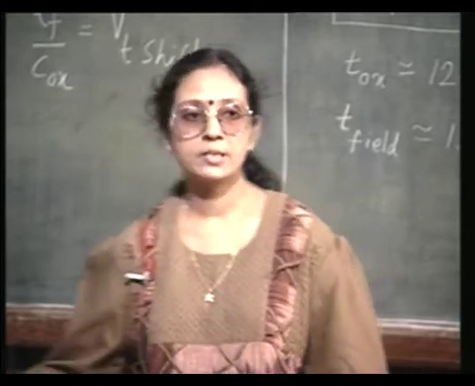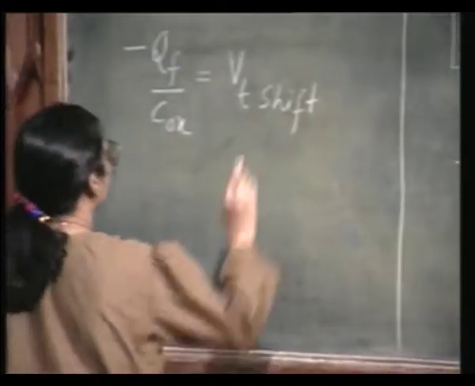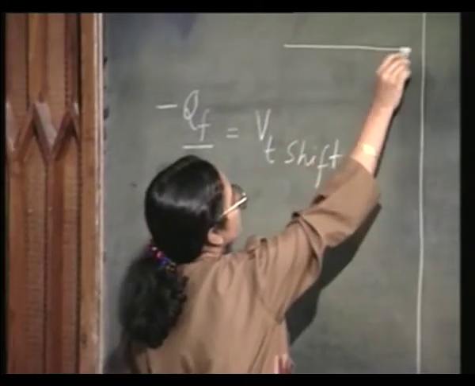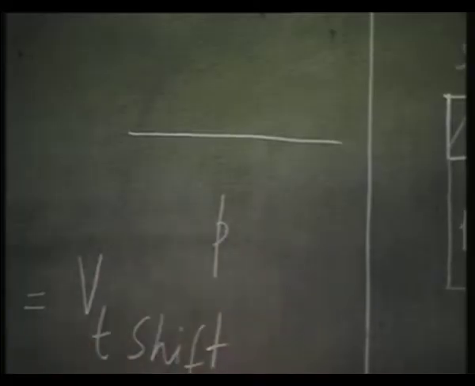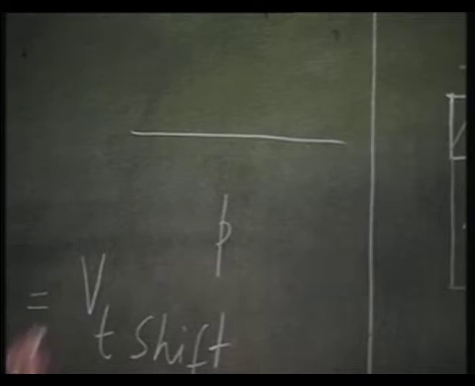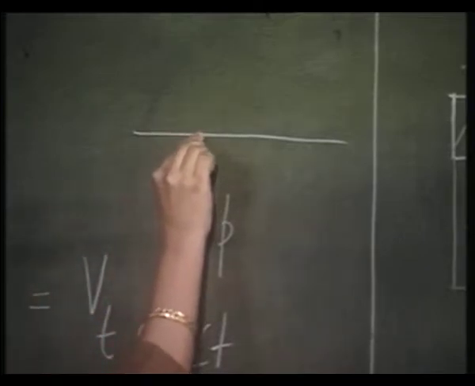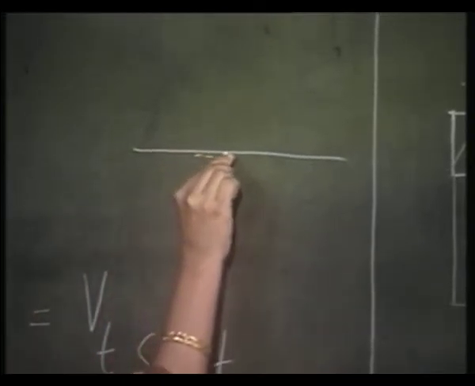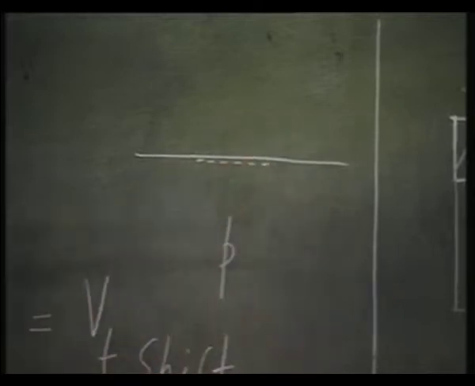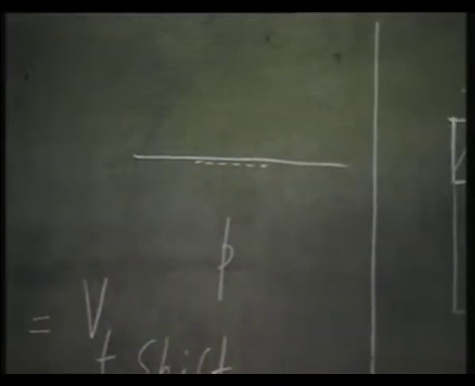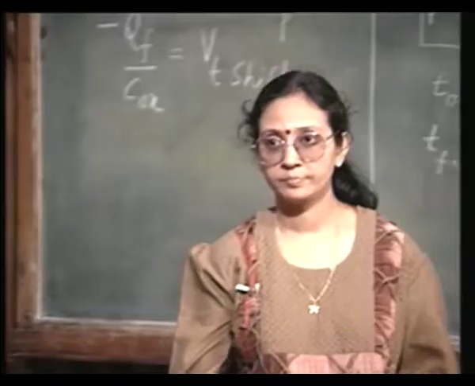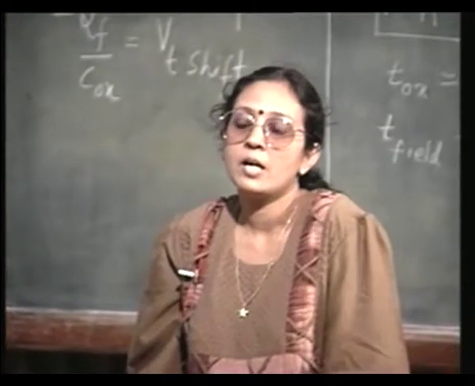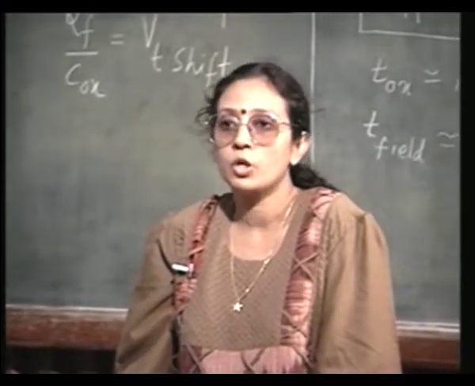What you do is simply you have the same p-type substrate that you wanted to have, and you simply have a very thin layer tailored this. If you have a very shallow boron implantation,